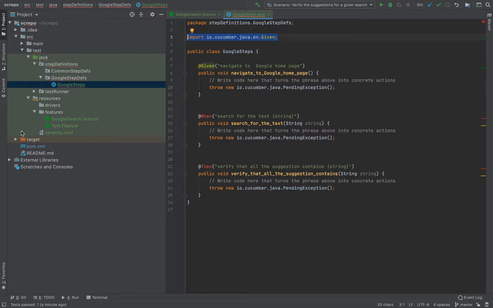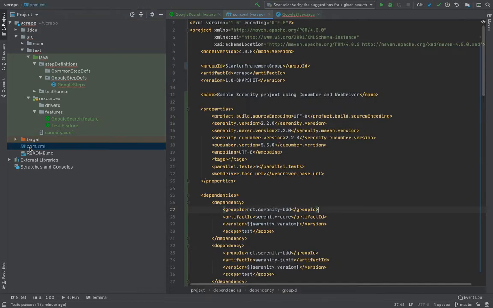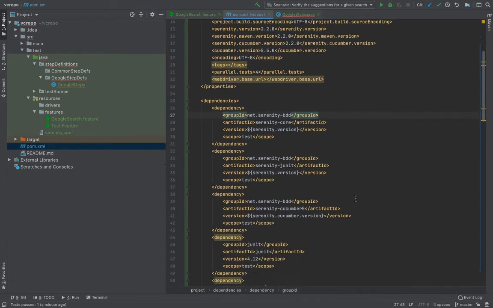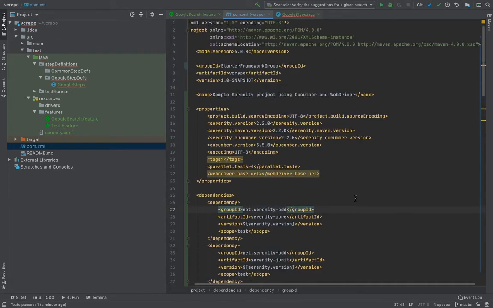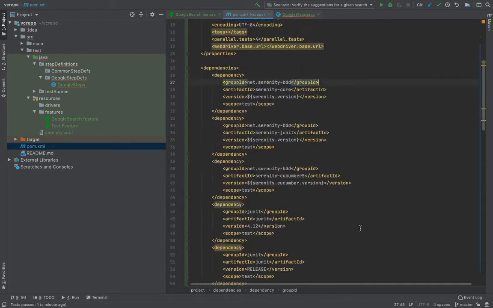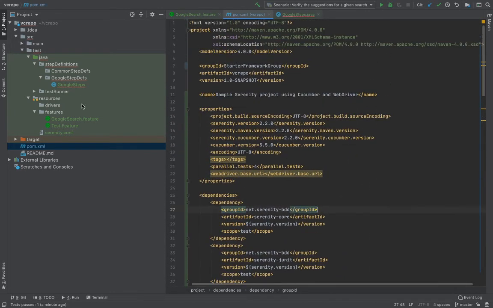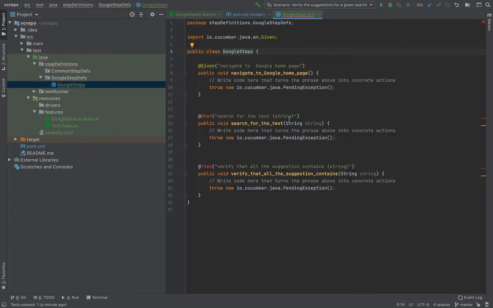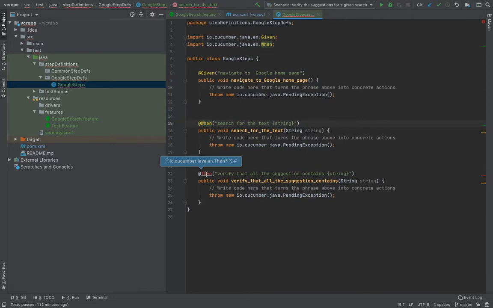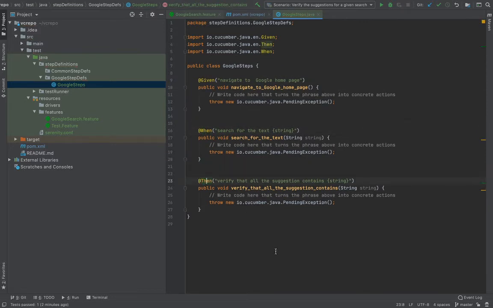You know why? Because in the POM XML file I have already added all these dependencies. Anyway, I'll push this code to Git Bitbucket, so you can also get an idea of what different artifacts we need to import. Okay, let's go back to the Google steps. Then again we need to import for when, and we will also import for then.